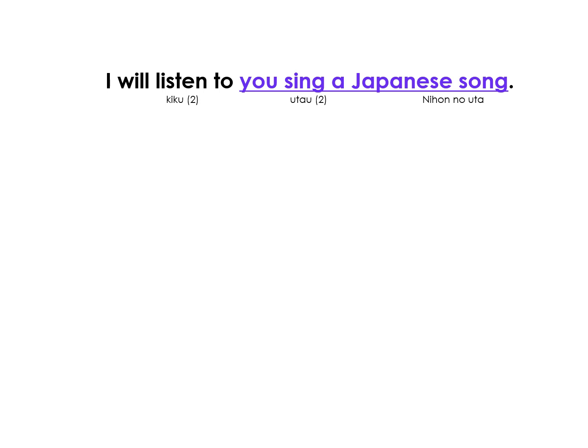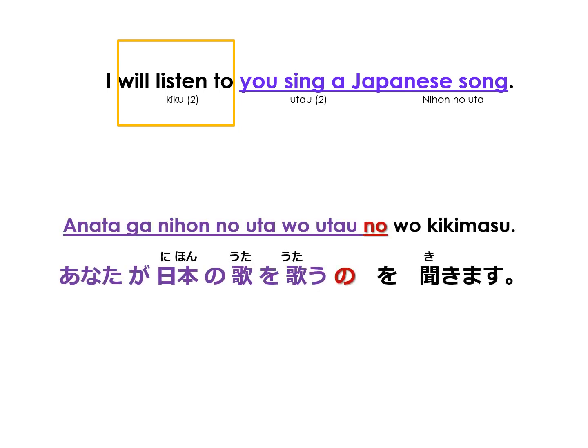Next example, I will listen to you sing a Japanese song. The verb in our main sentence is will listen, which is a verb of perception. Hence, we must use no to nominalize you sing a Japanese song. And in Japanese, we say, あなたが日本の歌を歌うのを聞きます。 It would not be acceptable to use koto because the verb kikimasu, will listen, is